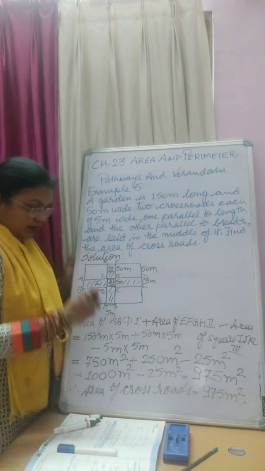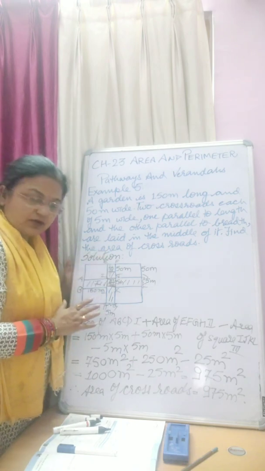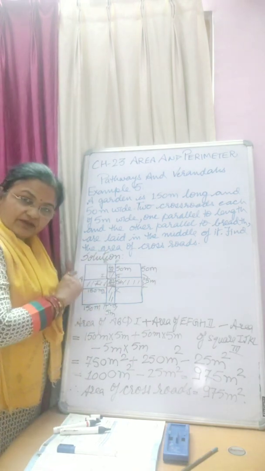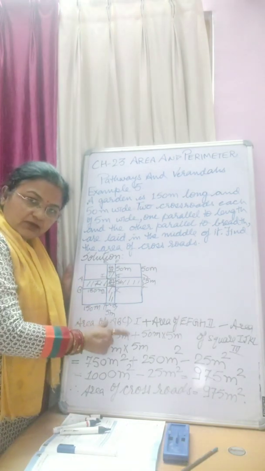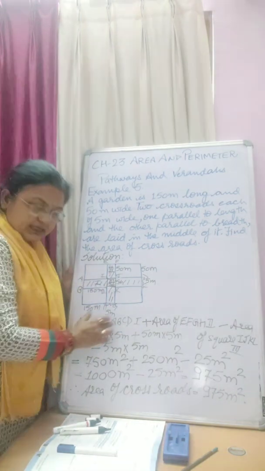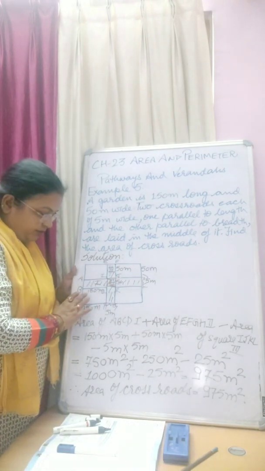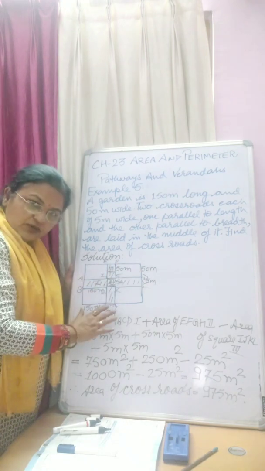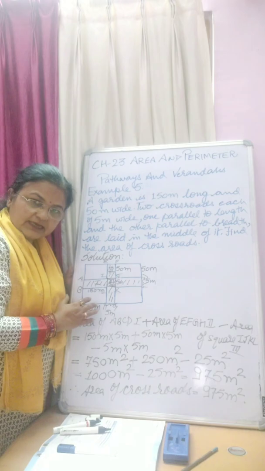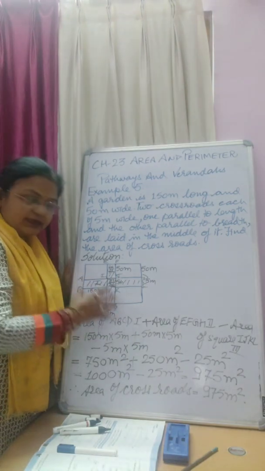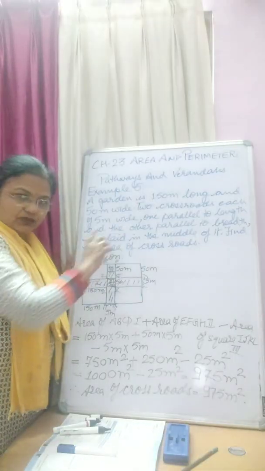Here we have drawn the figure. So please draw this geometrical figure whenever you are taking out the area. And we have given names also so that it becomes easier for us to calculate things. Here we have written area of ABCD, area of EFGH. So when you name them, it will be clear for you. So always draw the geometrical figure, write the length, breadth or whatever the things are given, so that when you are calculating, things become easier. So this is example 5, pathways related to